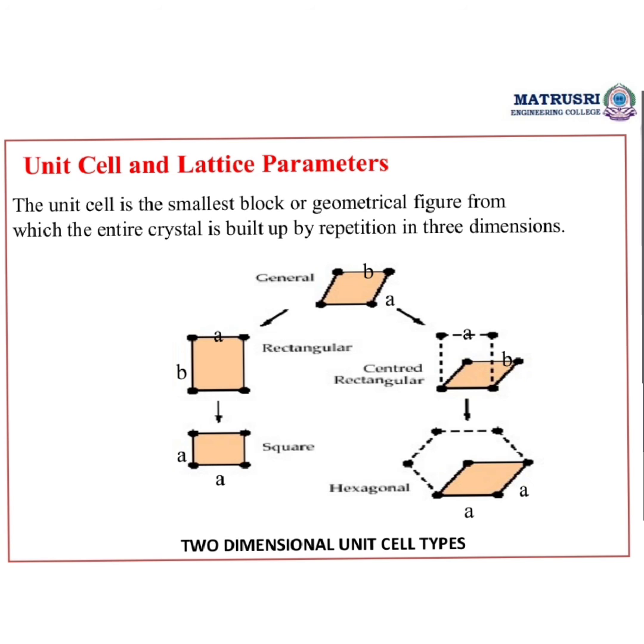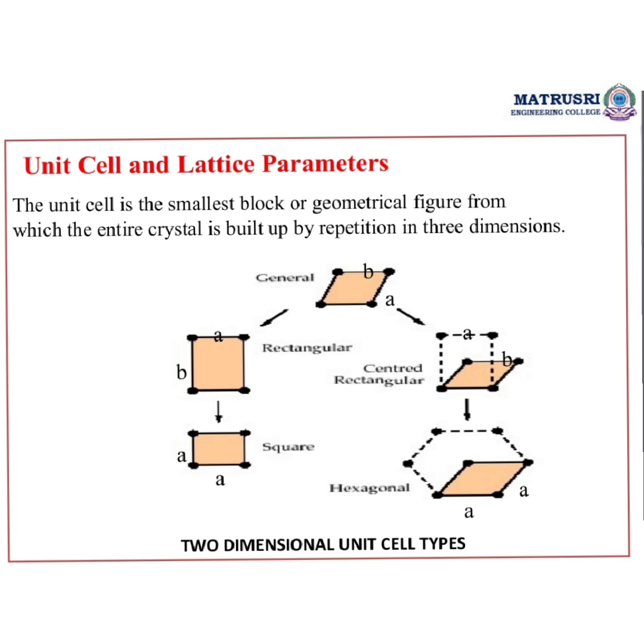For example, you can see in the diagram. Since each lattice point is common to 4 unit cells meeting at their corners, the effective number of lattice points in the unit cell is only one. Instead, the unit cell can be visualized by taking one lattice point at the center of the square. There are other possible ways also, like a rectangular and a centered rectangular unit cell, and a hexagonal unit cell. There are many possibilities to design a unit cell in 2 dimensions.